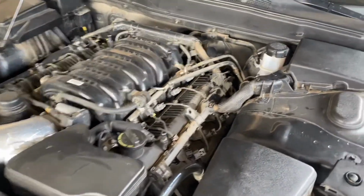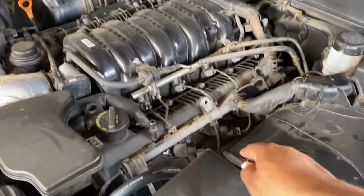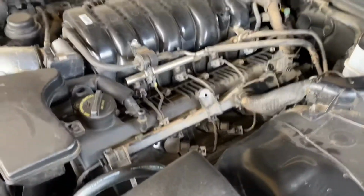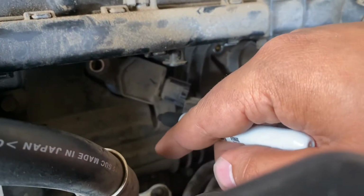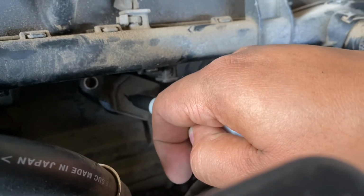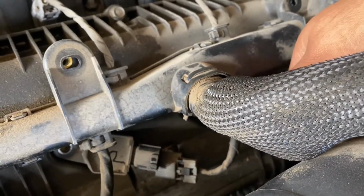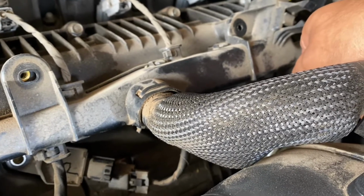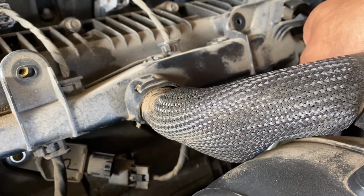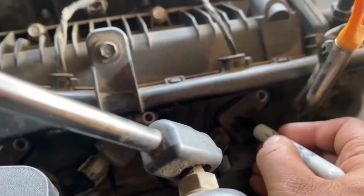All right, guys, so now that we have all the bolts removed, we can go ahead and start removing the little boot or whatever. Before we do that, I'm gonna mark them, just so the way I take them out is the way I like to put them back in. You know, not sure if it'll do anything, but just in case. So 2, 3, 4, 5,